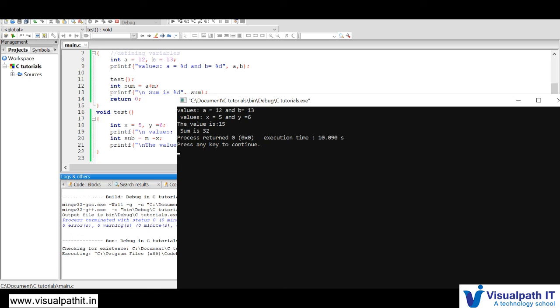What happens is, whenever you execute the program, the execution will always start from the main, and it will initialize all the values and call all the functions. So if you are defining any function other than main, you have to call that function in main. Okay,